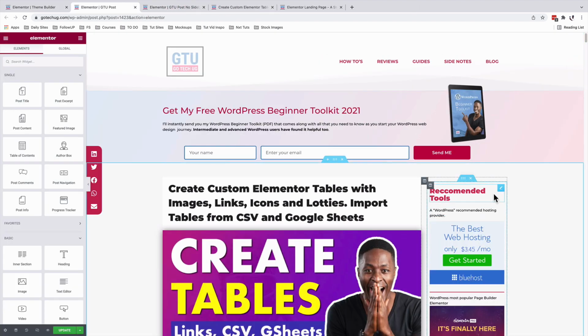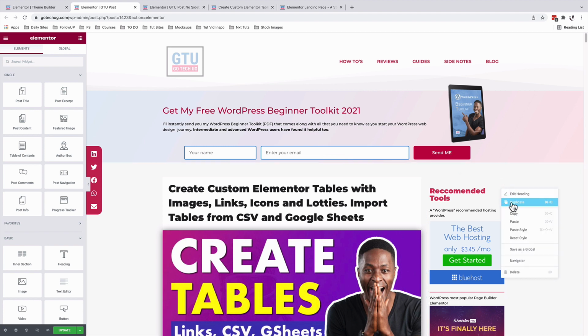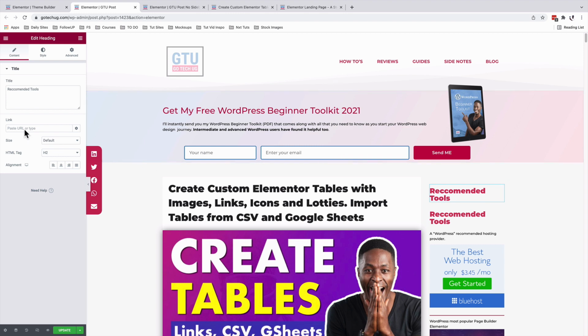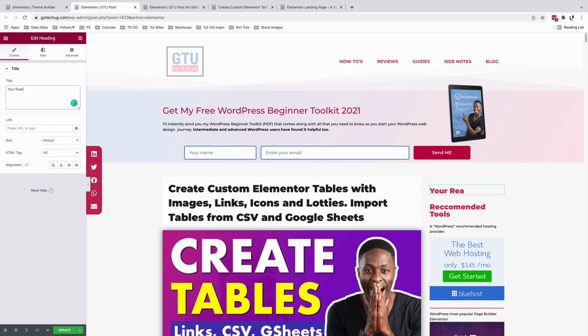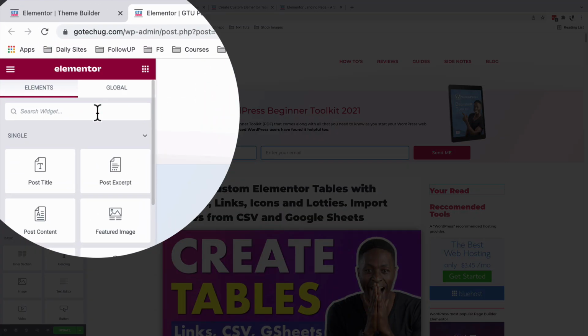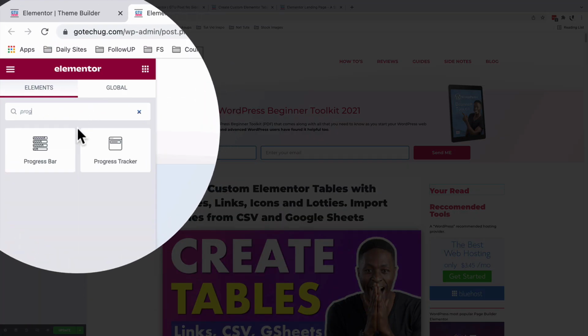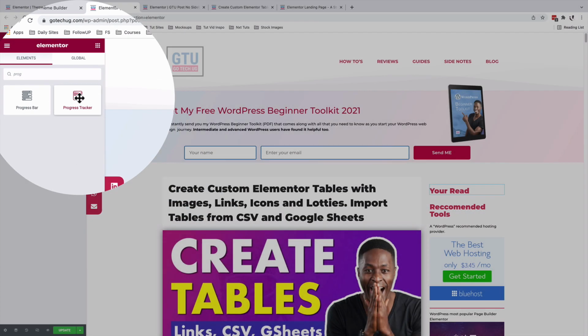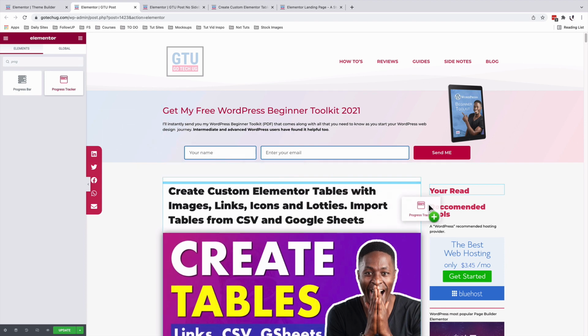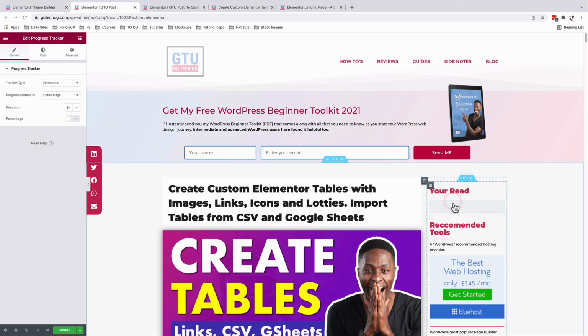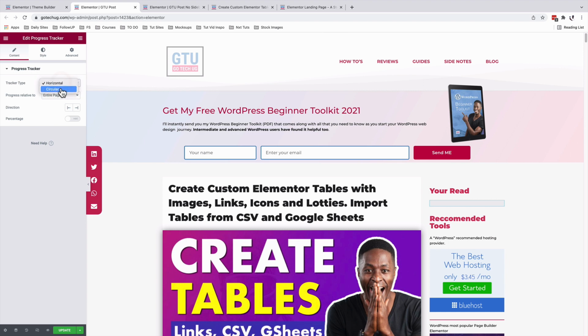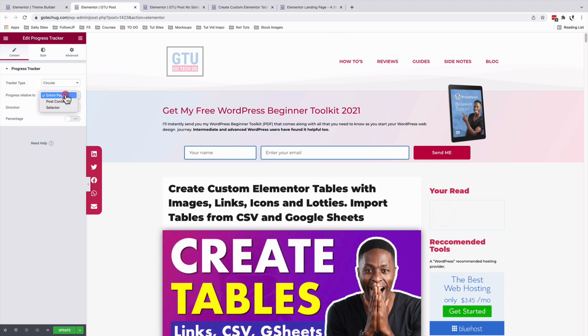I'll start with adding a circular progress tracker. So I'm going to first of all duplicate this title. I'll edit your read, come to my widgets area, look up for the progress tracker, which is this widget here. I'll drag it to my sidebar, and under the tracker type, I'll change that to circular,